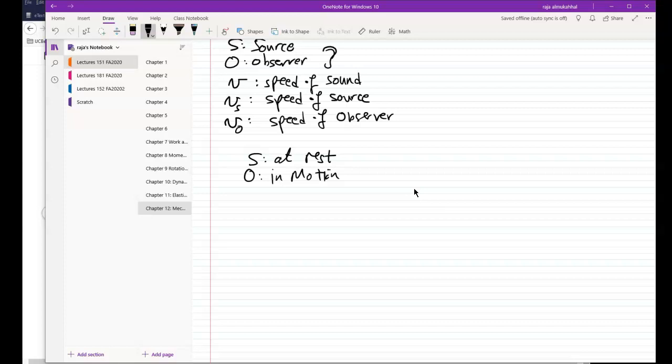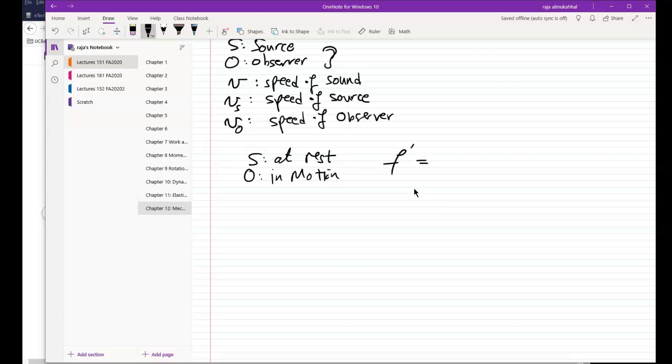Okay, you're not producing any sound. You are hearing the sound, but here, the sound source is at rest. It's just right there on the street, but the observer is in motion. So as you come towards the source, and then as you move away from it, you will notice the Doppler effect. And then the frequency that you're going to measure,